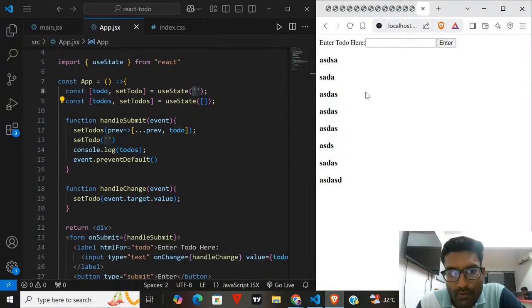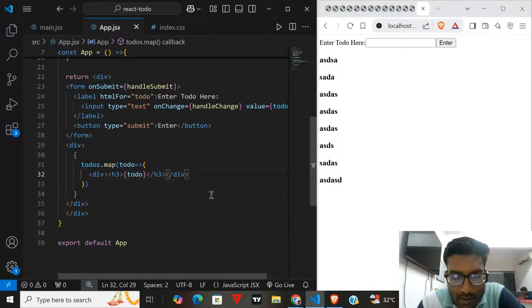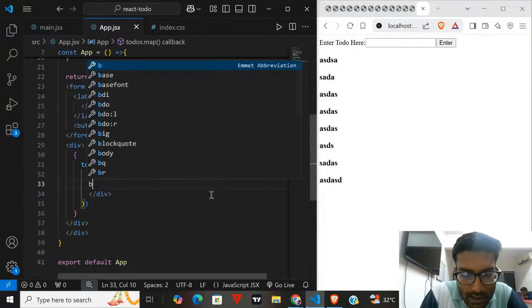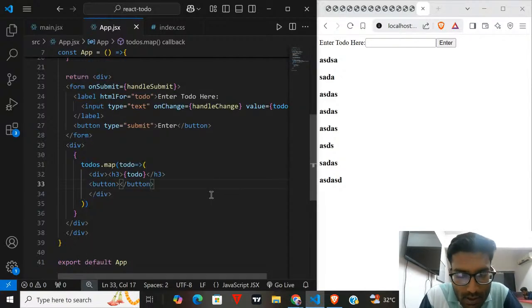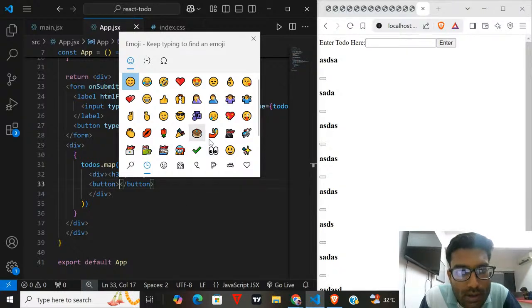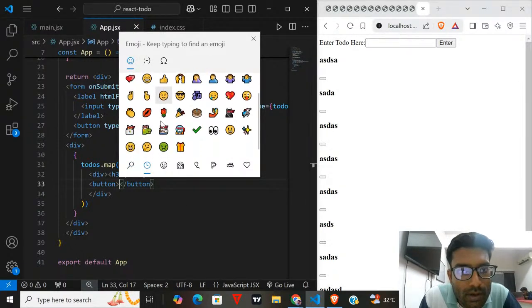Now one more thing you can implement here. Suppose I want to give one delete button. So here we can make one button. Let us give one button tag, and here I need to give a cross. So let us search for a cross.